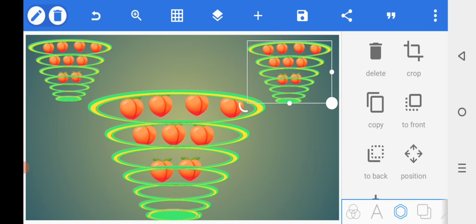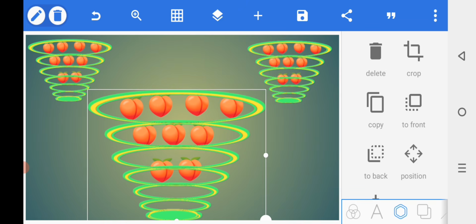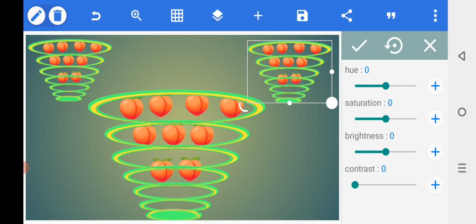select the text edit, select an emoji, adjust the shape, duplicate the shape, change the color of shape, select the